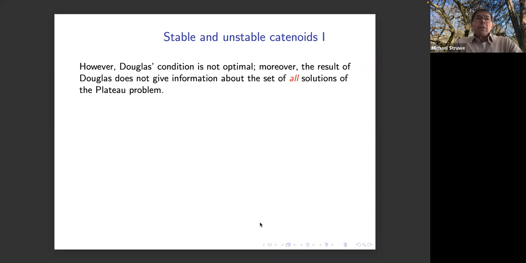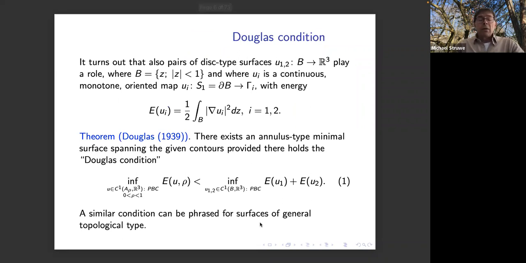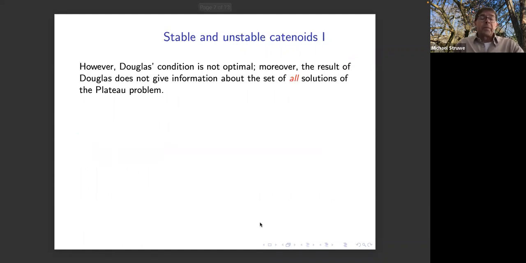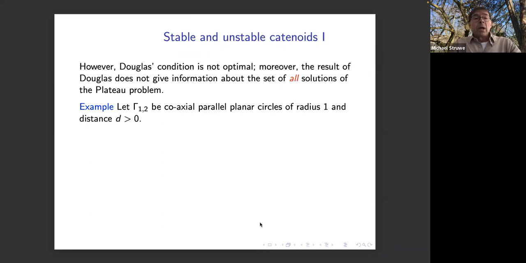And even though here it is already clear that Douglas was thinking of also looking at topologically degenerate annulus type minimal surfaces, the role of these topologically degenerate surfaces, consisting of a pair of disk type surfaces, is not clear. So let's examine this more closely in a concrete example, where the curves gamma 1, gamma 2